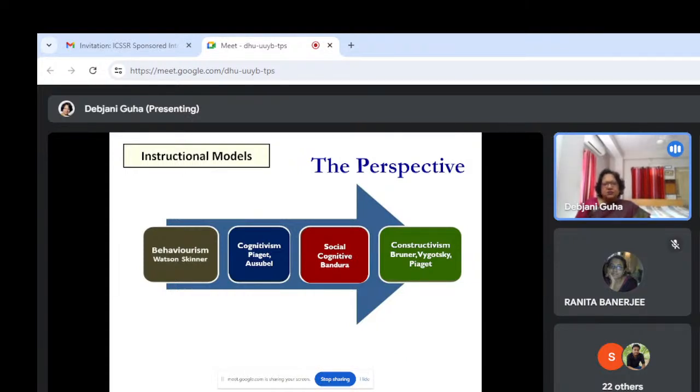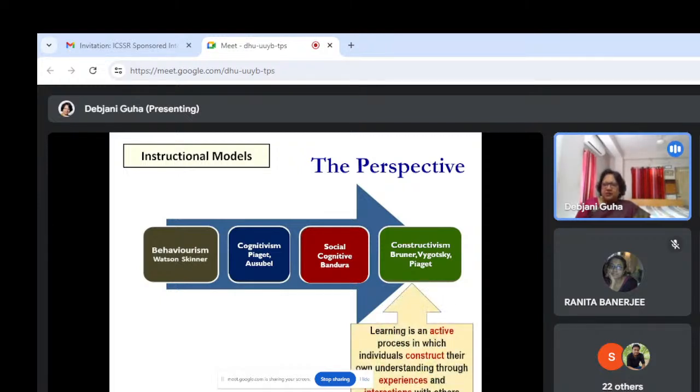What we discuss very much in our educational field, and constructivism says that learning is an active process in which individuals construct their own understanding, individual learners construct their own ideas, their own concepts through interaction, through experience, and social interaction with others. Now,